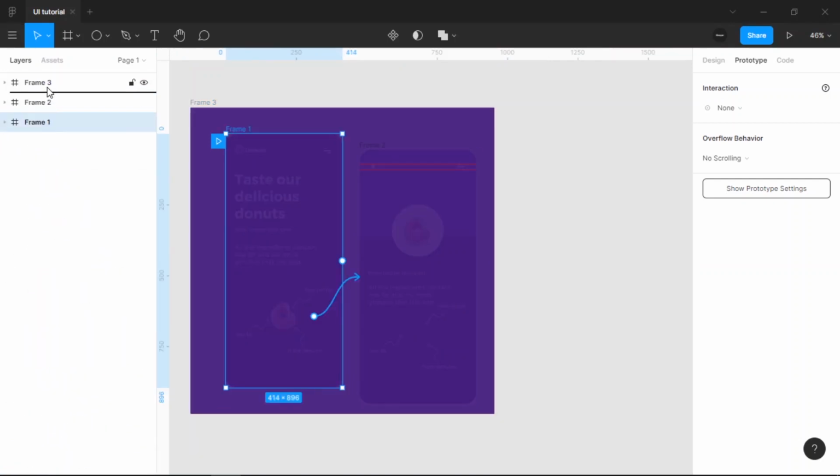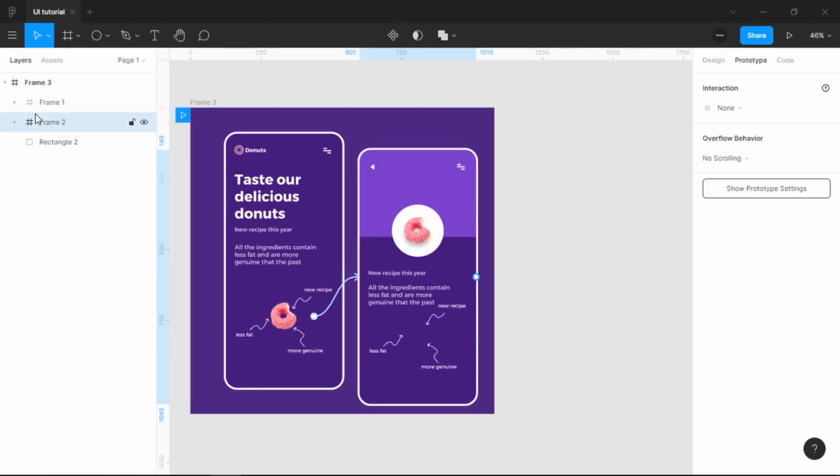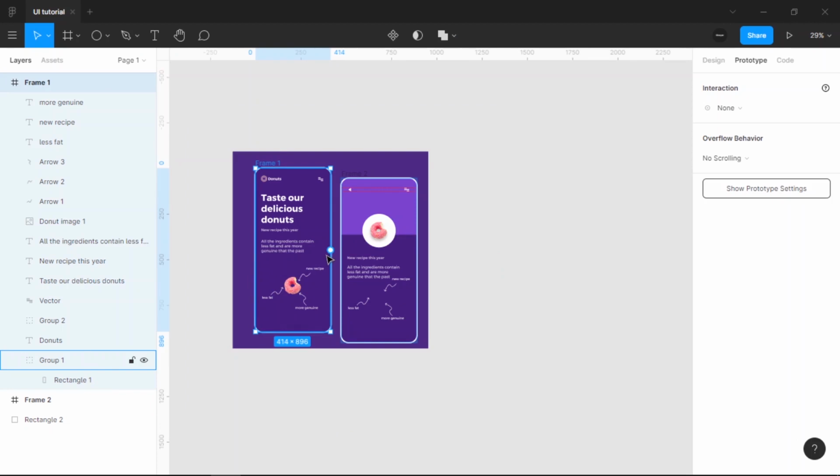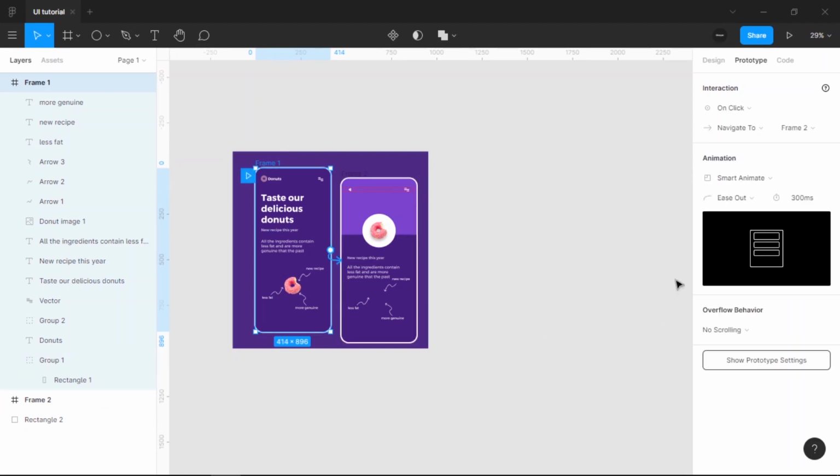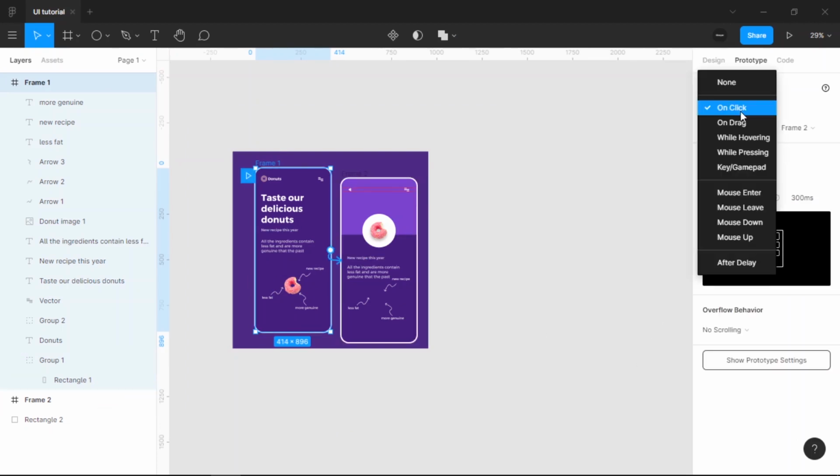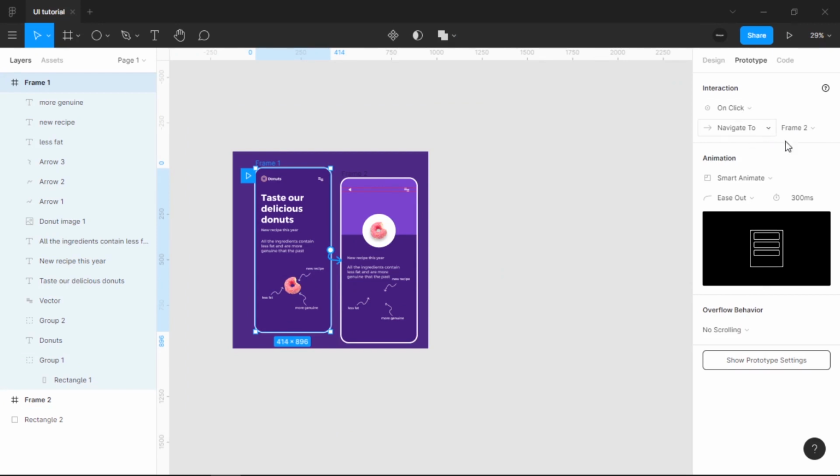Now put the frame here, and then we use this one, present. Just start from frame 1 to frame 2. We make on click, navigate to frame 2, smart animate, and then we present